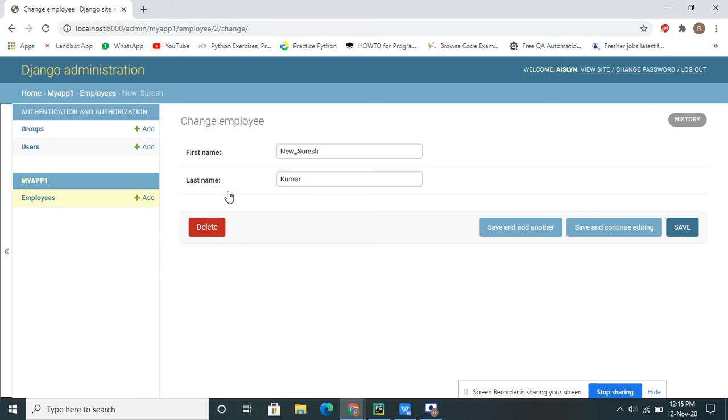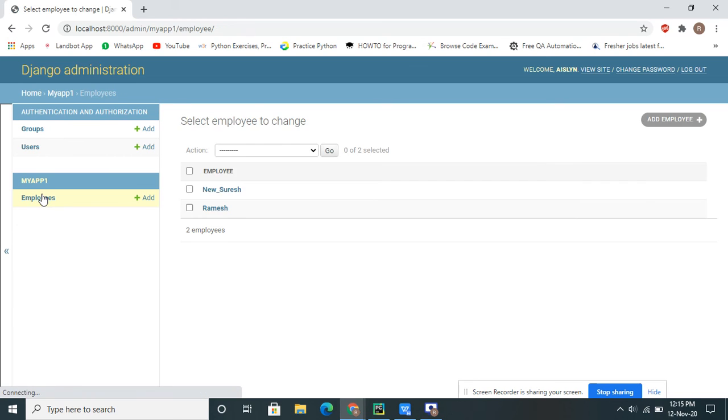Now I will show how to delete the employee name. There are two ways to delete. The first one is to select the employee name, choose the action, click on select and then the go button.